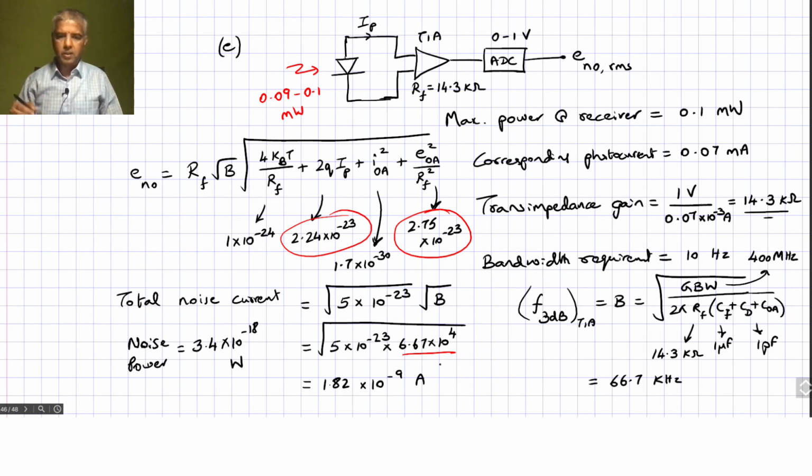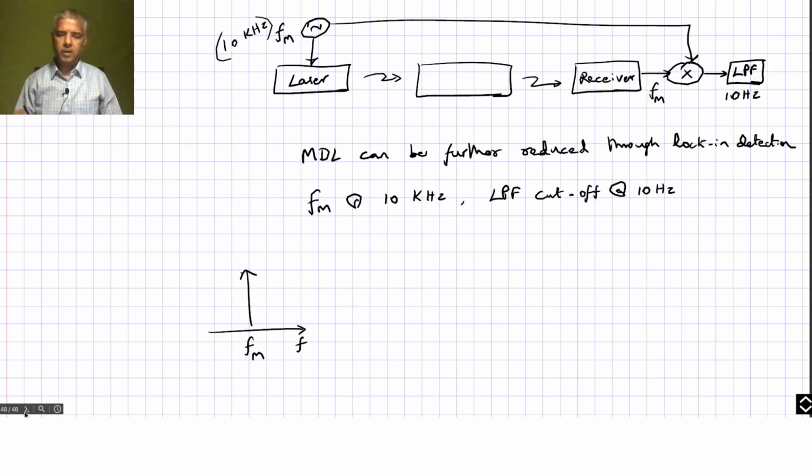So the corresponding noise power will also be reduced by that factor. Okay. So that is clearly one way of improving the minimum detectable limit, and another way of improving it further is